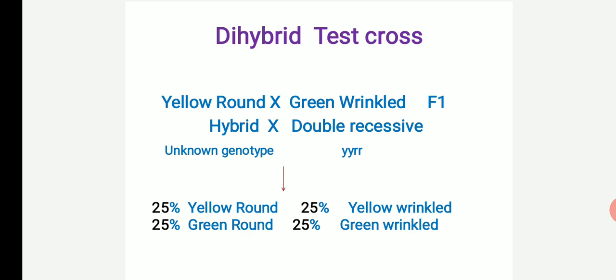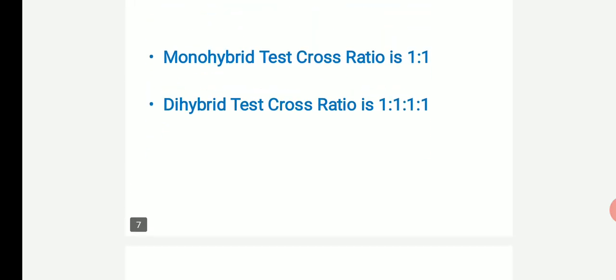Since we get all the combinations, it is again clear that the unknown dominant parent is heterozygous. So the monohybrid test cross is 1:1 and the dihybrid test cross is